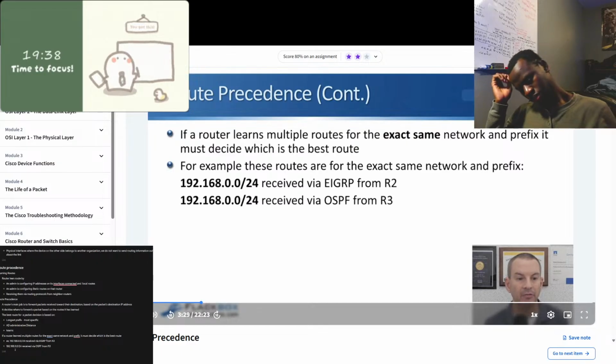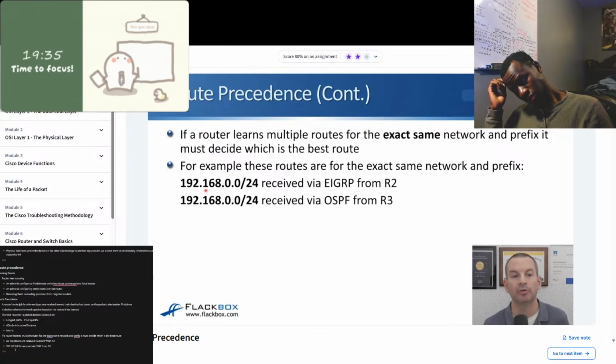For example, if it's received a route to 192.168.0.0/24 via EIGRP from R2, and it's also received a different route via OSPF from R3,